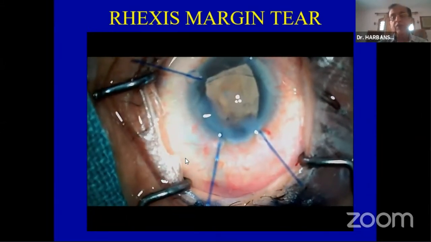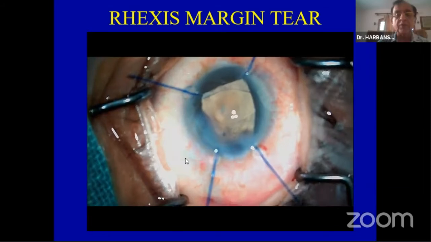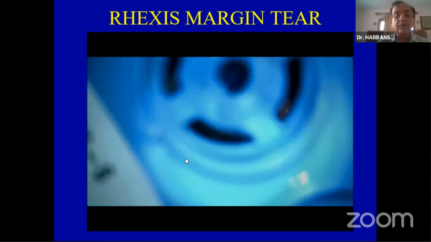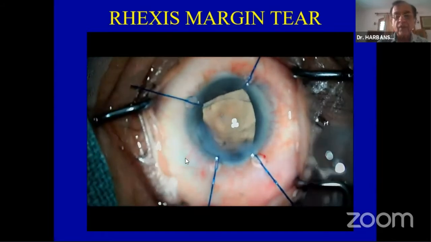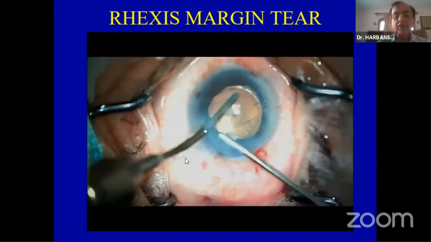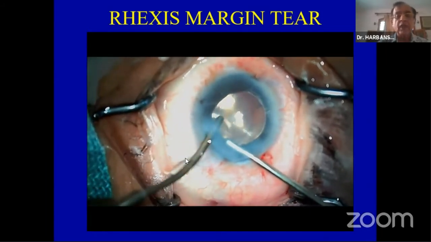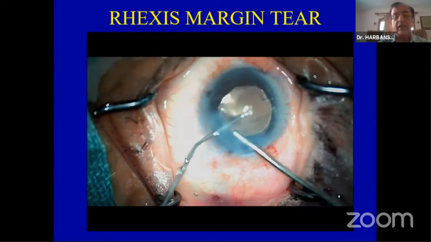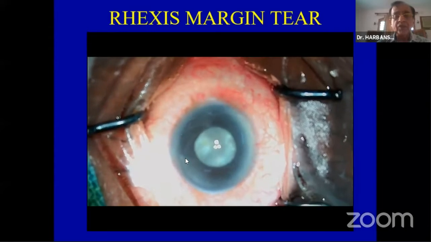When the chamber collapses, the vitreous may try to bulge forward, and the rexis may run into the peripheral part or into the posterior part. So once this is done, we put in an IOL. In these cases, normally I do hydroimplantation, but not in these cases. The loops are placed in such a way that they do not get entangled with the cut margins. And this surgery is complete.